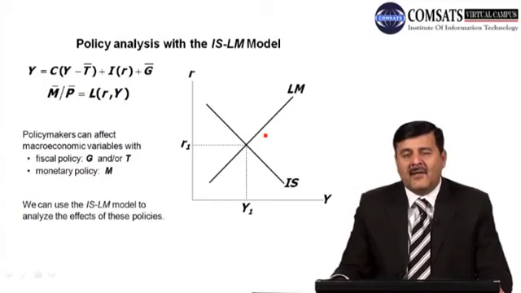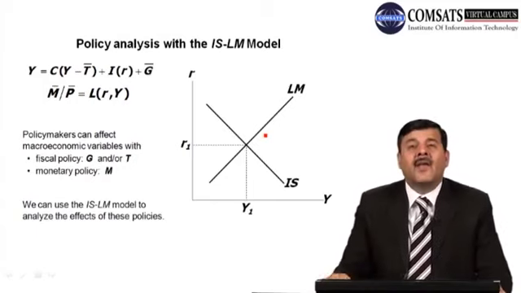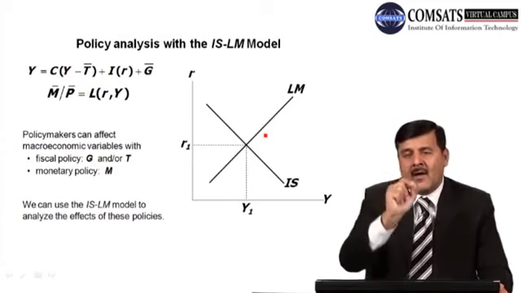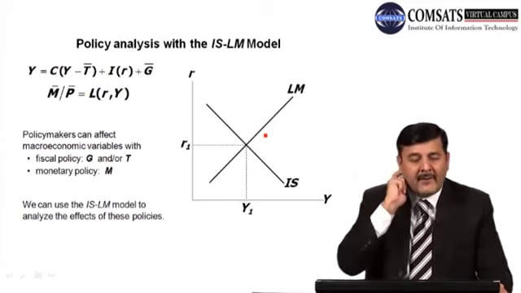We have the IS curve, which is negatively sloped, and the LM curve, which is positively sloped. Both of these curves intersect at a point which determines a unique combination of r and Y that satisfies equilibrium in both markets. Now,